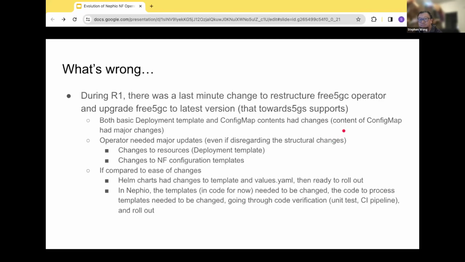And obviously, this is code, so you have to push it to Docker. If you imagine we are pushing that onto a real deployment scenario that we have to qualify, we have to go through unit tests and the CI pipeline, put it onto Docker, roll it out. And then you would do the rest of the stuff, which you would have done anyway for Helm, which is to verify that the chart still works.